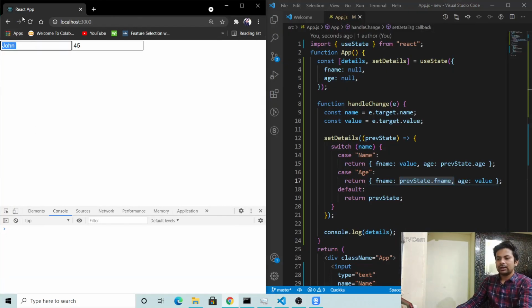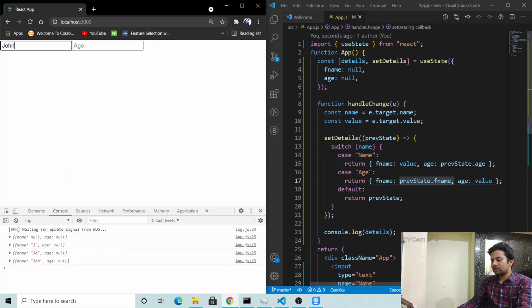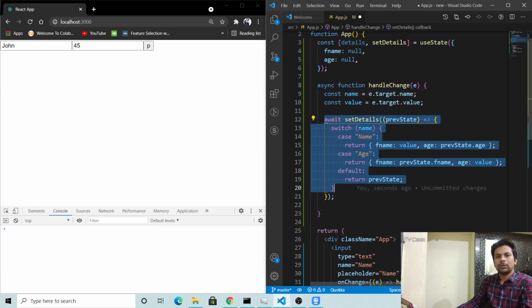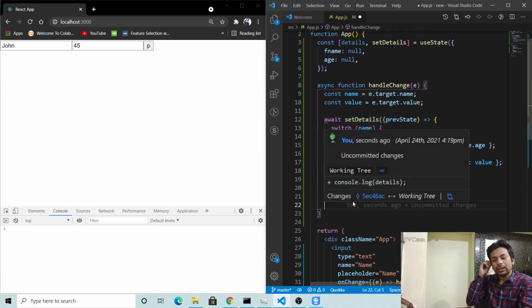So now see, if I refresh it and write John, see it's printing John. But it's not printing age 45. Okay guys, the problem was that it takes so much time before the console prints, that's why.